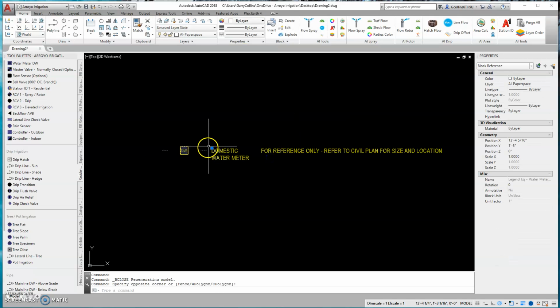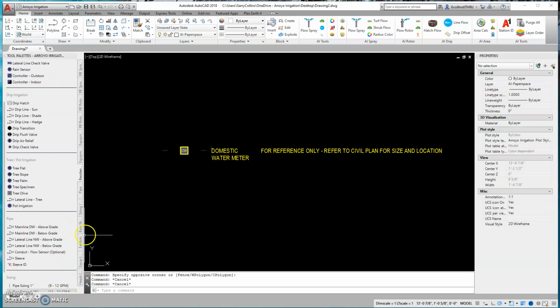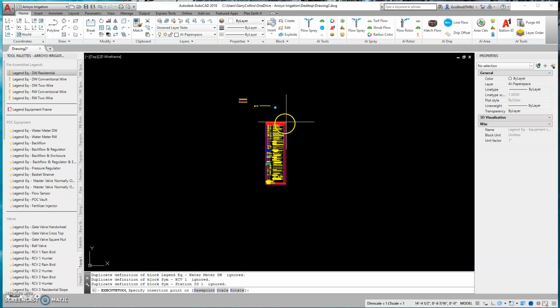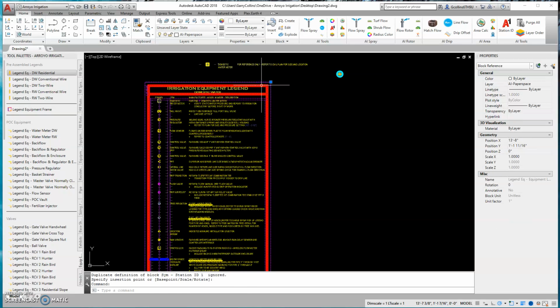And now it's a single block. So that's what we do on a lot of things. Like for example, in my equipment legends. So what I'm bringing in is one big block. And then I have the option when I set up my palettes that when I then insert it, it is then